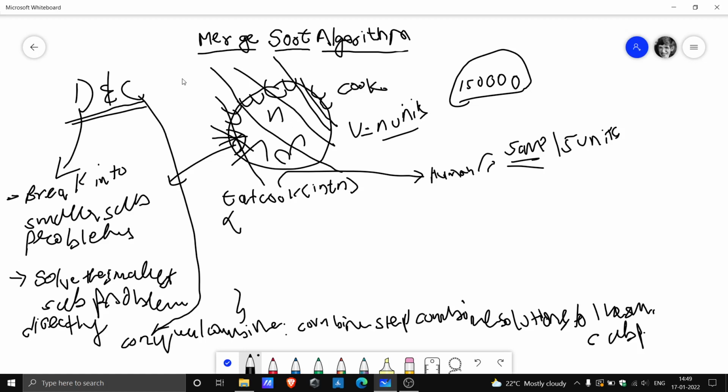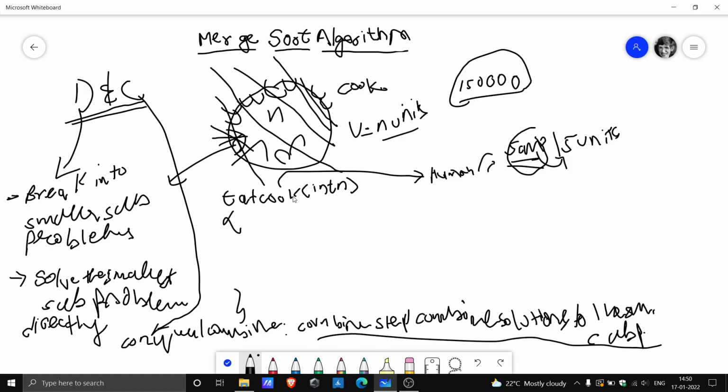So that's the whole intuition about divide and conquer. We take this really big cookie, we break it down into smaller cookies until we get a small cookie portion of size 5 cubic centimeters or 5 units, and this smallest subproblem is solved directly. And then after solving all these smaller subproblems, or eating all these cookies of size 5 centimeter cube, we just combine all these solutions. That's what the whole intuition is.